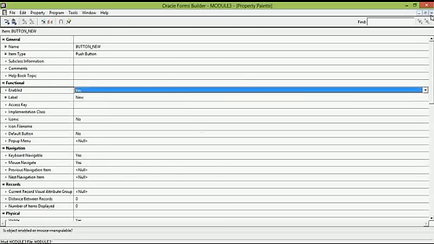Now we are going to create a database block on which we will apply these functions of the toolbar buttons. Select the data blocks, click on the plus sign, and let us make a data block with the wizard.